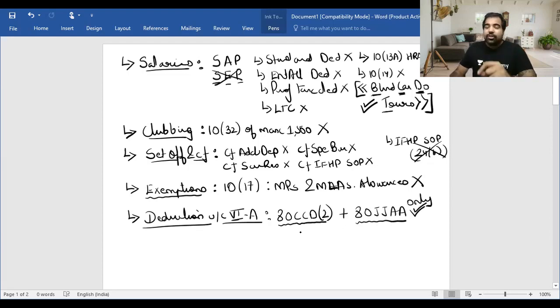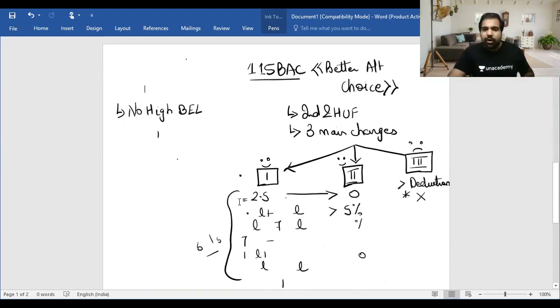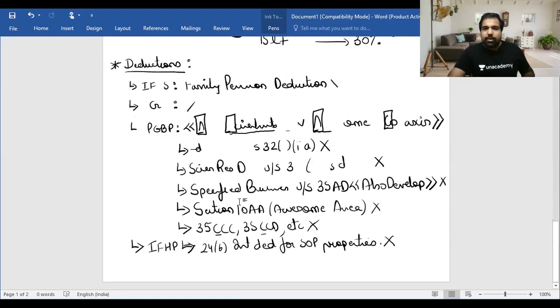Otherwise, guys, no deduction is allowed in deductions under Chapter VI-A. No deduction is allowed. So we've covered almost all the chapters, and we've seen that none of these deductions are allowed. Anything else after that, guys? That's about it. So just summarizing the different heads under which deductions were not allowed. I'm just summarizing it here.